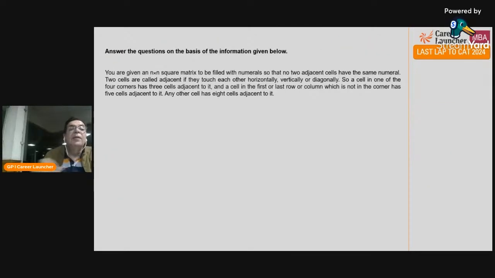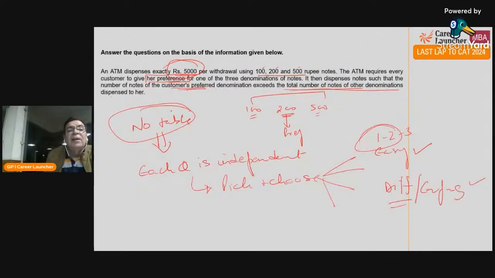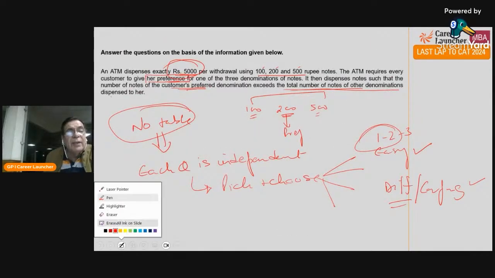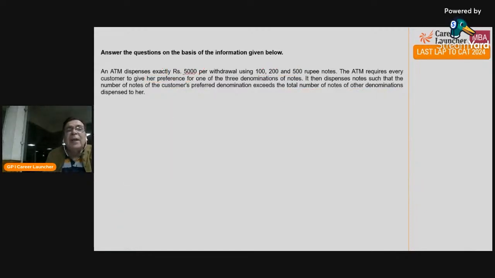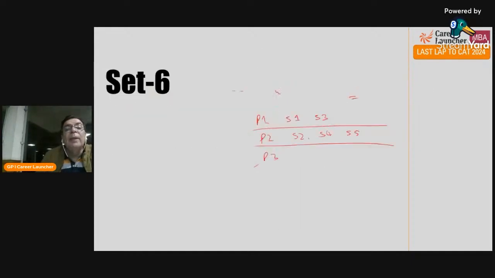Okay. Set number 7. Again, very little information. Do you remember that ATM wala set? Yeah, this one. Is it not similar? Very little information, and when it has very little information, what does it mean? Typically, the rule will be given. The rule was 5,000 per withdrawal, and the notes of the customer's preferred denomination exceed the number of notes of the other denominations. This is 2 rules given. Similarly, in the next set also, you'll find there will be 2. The possible rules are given, and you have to solve questions based on the rules,